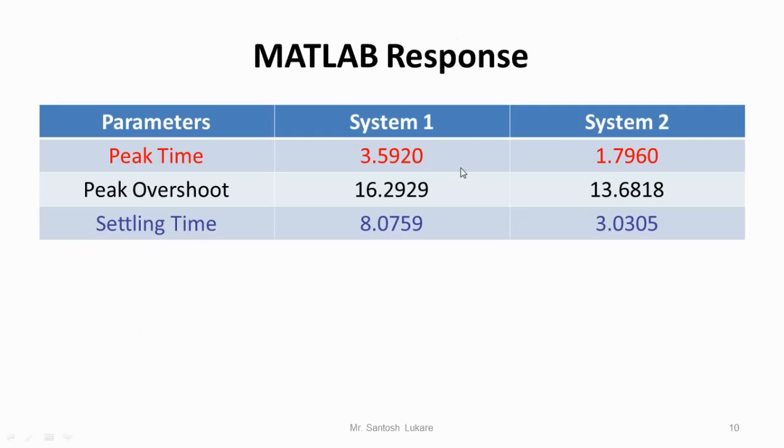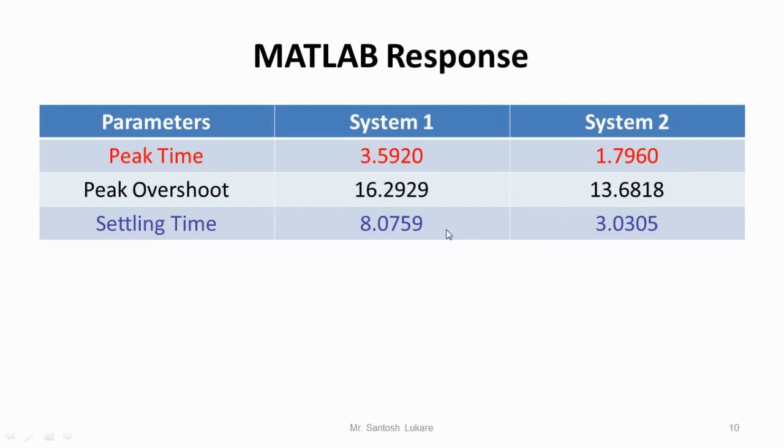These transient response specifications are mentioned in terms of the table values. The parameters that we considered here are the peak time, the corresponding peak overshoot, and the settling time. For the original system, the maximum overshoot is there, as we observe in the blue color step response, and for the modified system, that is the red color plot, the overshoot is about 13.6818, or near about 13.68%.